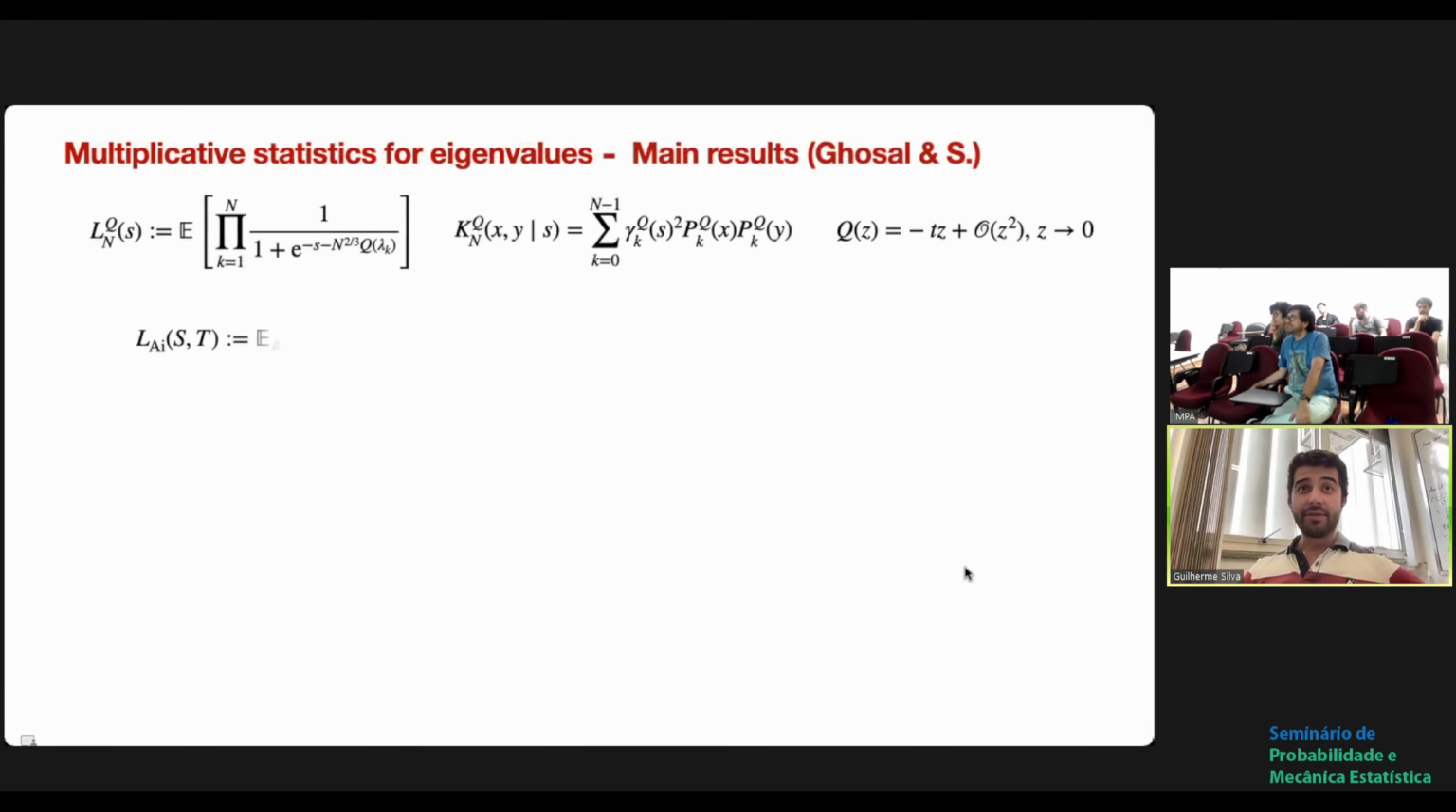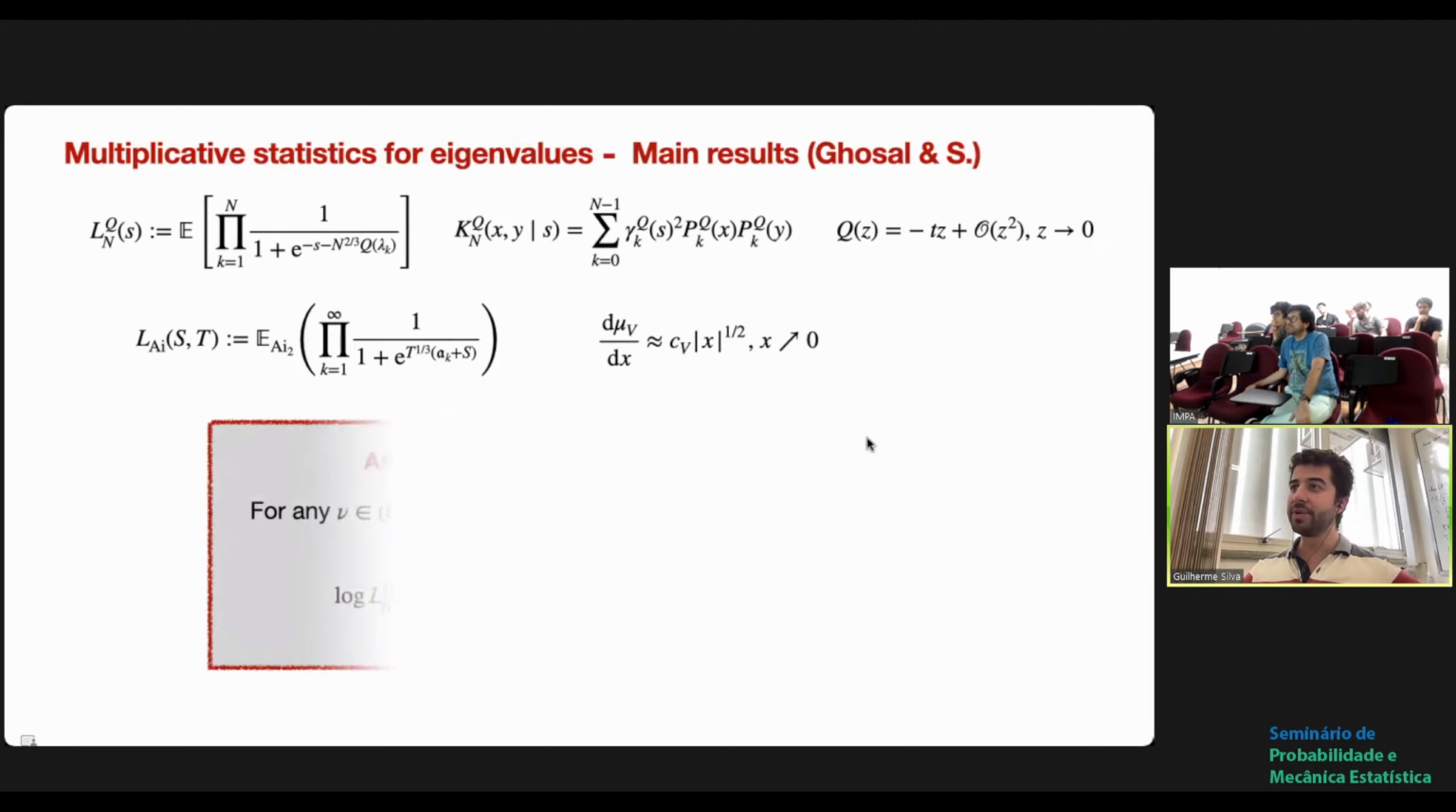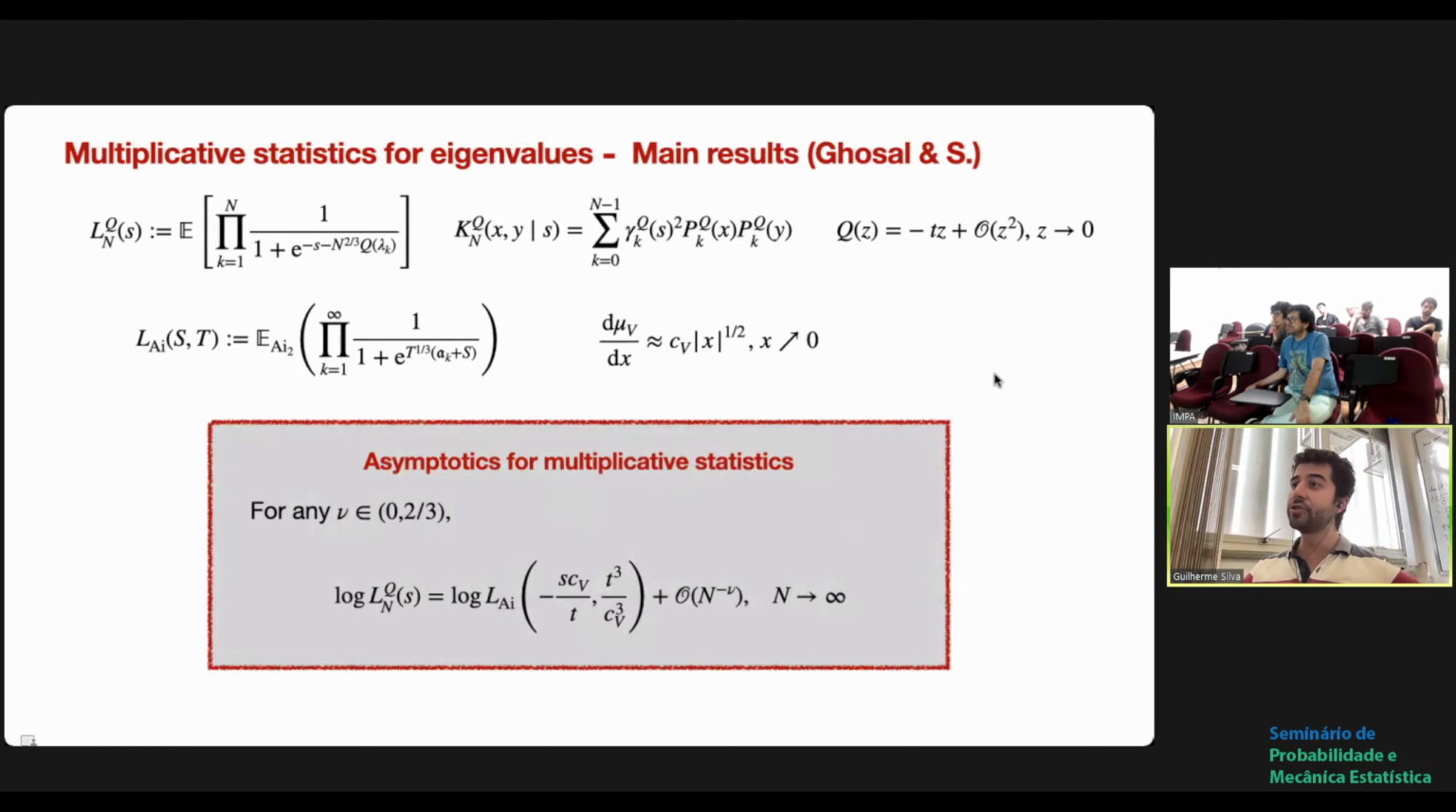Okay, so those are technical conditions. And just to remind you, there was this limiting statistics, and we are assuming also a certain regular behavior of the equilibrium measure. And here's the theorem that I showed you at the very beginning. The more precise theorem is the following. You take the multiplicative statistics of your eigenvalues under those conditions,